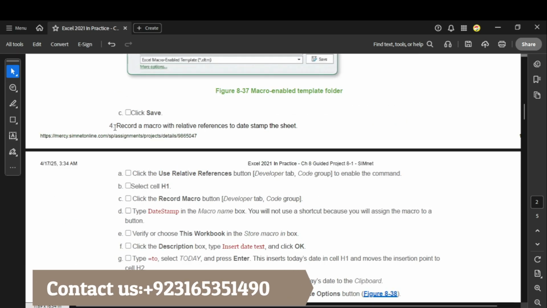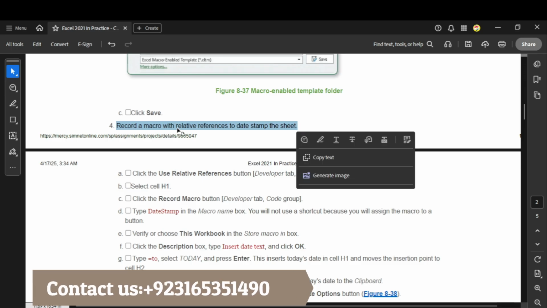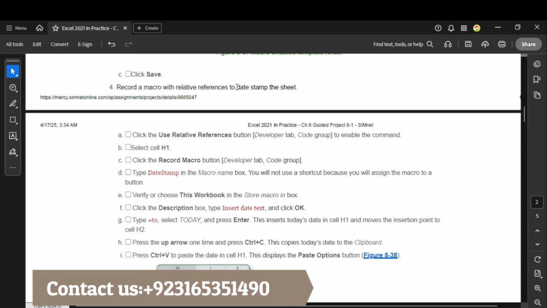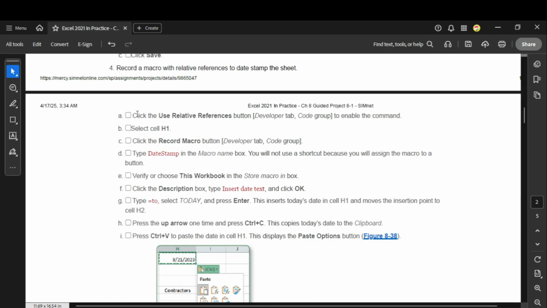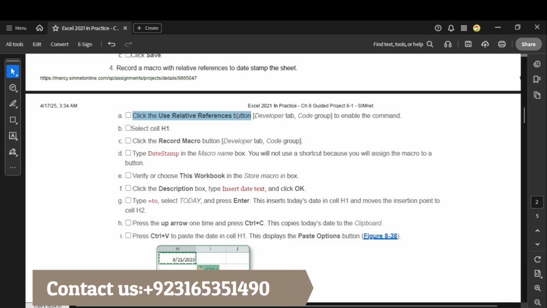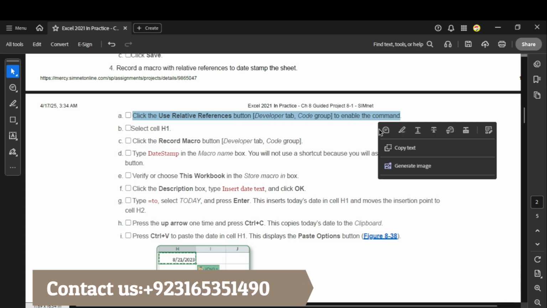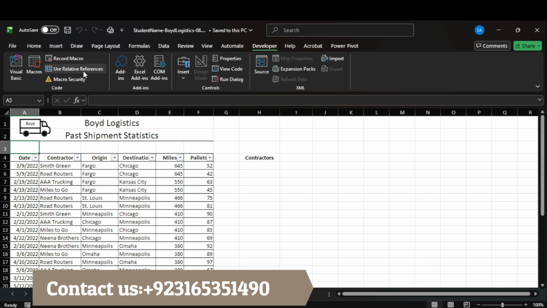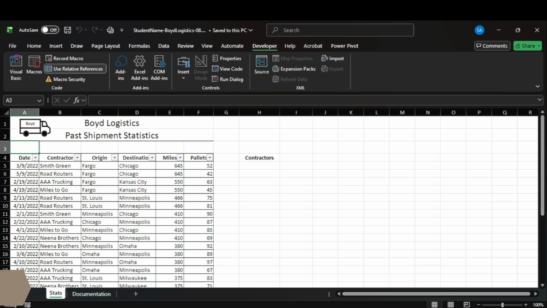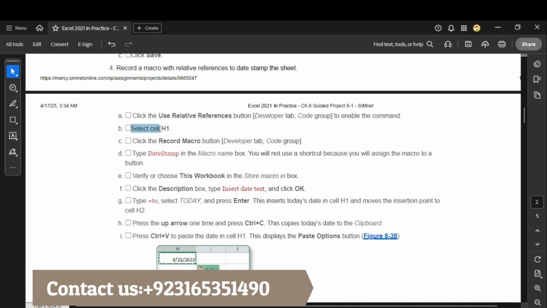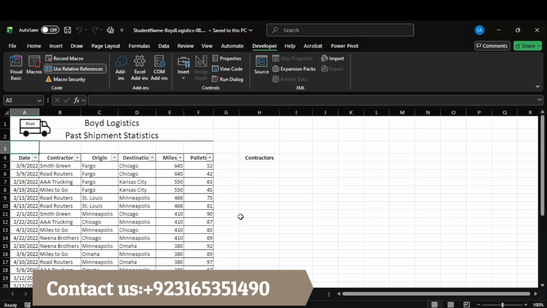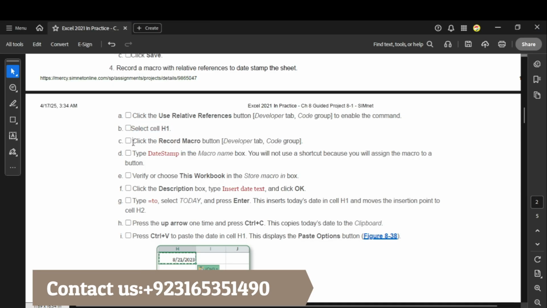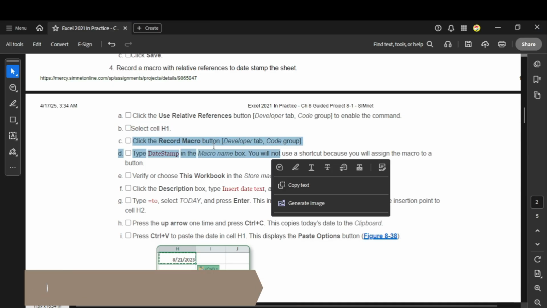So in the next step, it says record a macro with relative reference to date stamp. Click the Use Relative References button to enable the command. So for this, go to here, then click on here. Okay, select cell H1, click the Record Macro button,